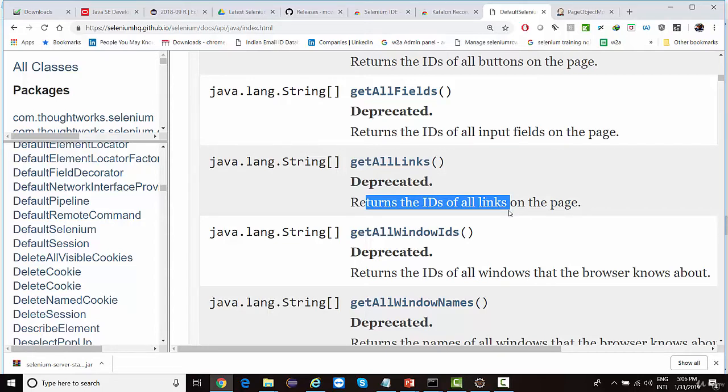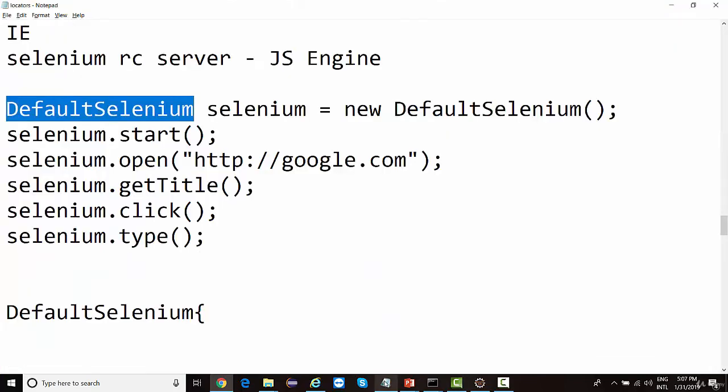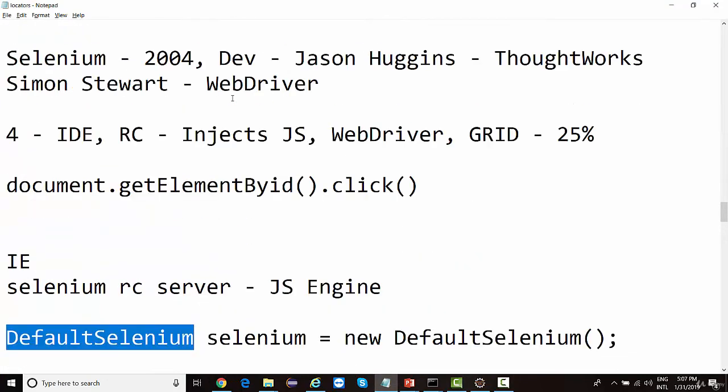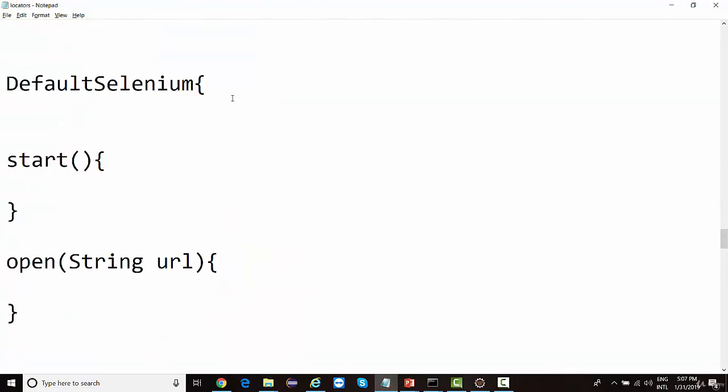In RC, you cannot achieve this test case. Now this is one out of 1,000 scenarios. Right? There could be other things as well where the methods are not available. And this is what happened in the industry. The library was very limited. And due to these reasons only, Selenium RC got deprecated in the market. So people have stopped using Selenium RC. That is the reason RC was not a big success. Selenium 1 was not a big success.